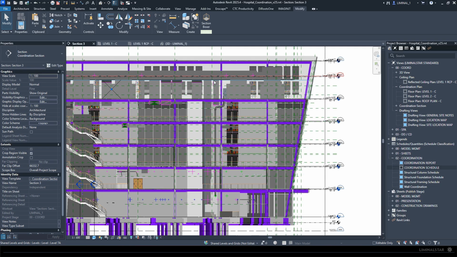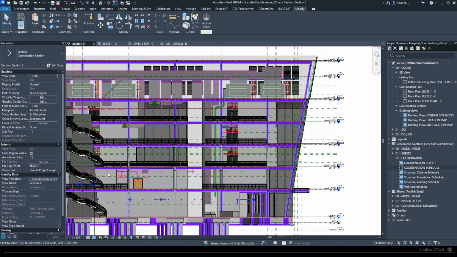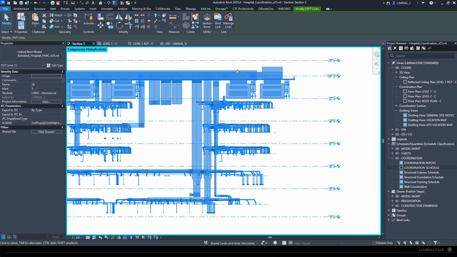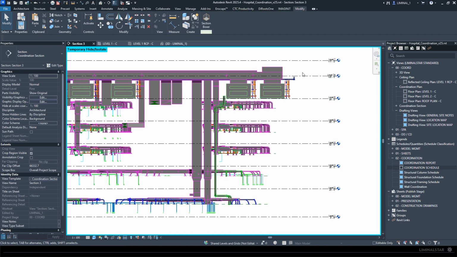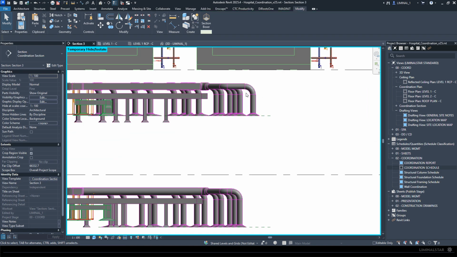When you look at this, you can see that our view templates and the coordination kit are set up so that we can easily identify different disciplines' elements. You'll notice that everything coming from the structural model, for the most part, is purple. When we look at the mechanical model, we're seeing a lot of what they are currently seeing from their system